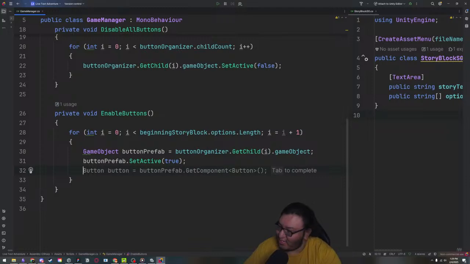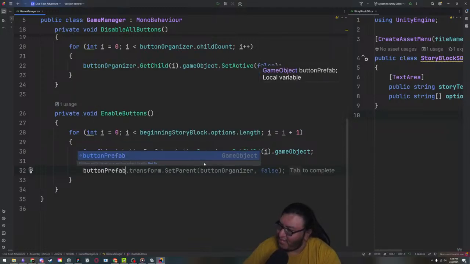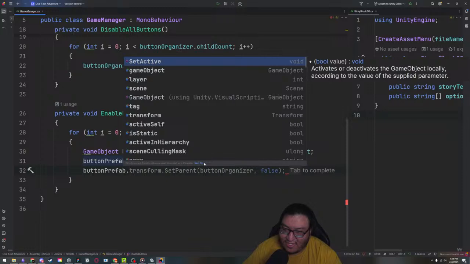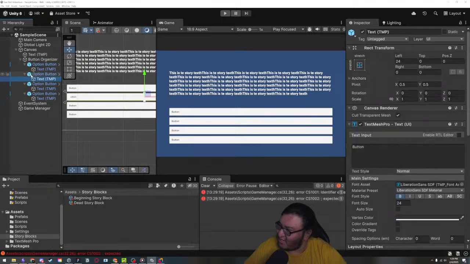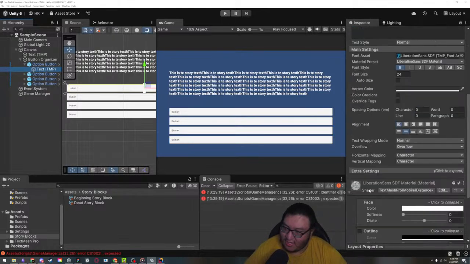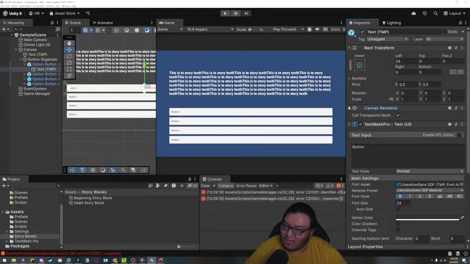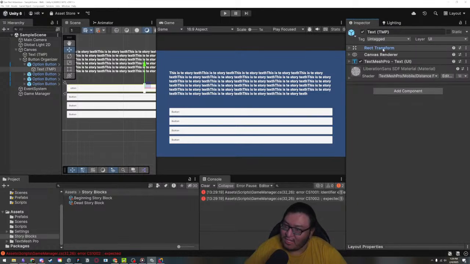And the next thing that we want to do is get the button prefab, and then go inside of the child and get a component inside of that child. In this case, we want to go inside of the first child and get the TMP text, but there's no other children in here. It's just this. If we just look at one of these, the only thing inside of it is one game object with 3 components. And the components are Rect Transform, Canvas Renderer, and Text Mesh Pro